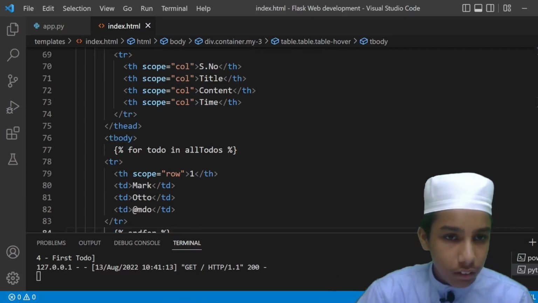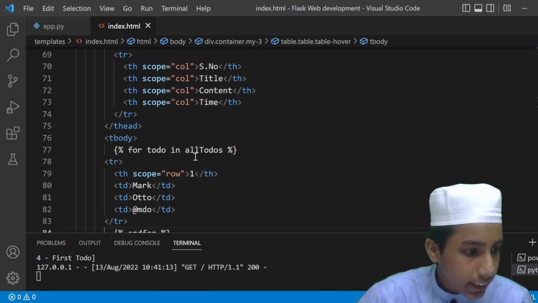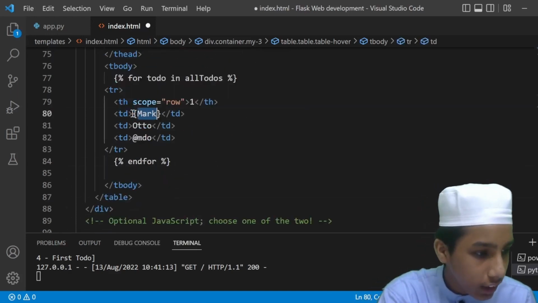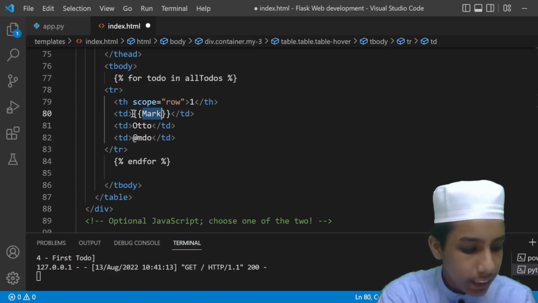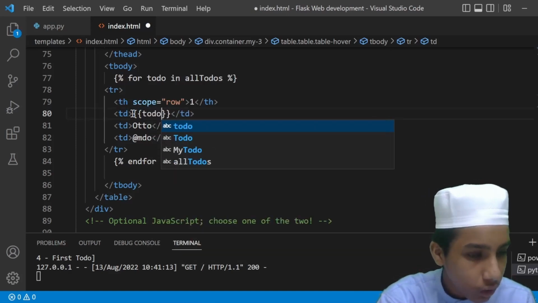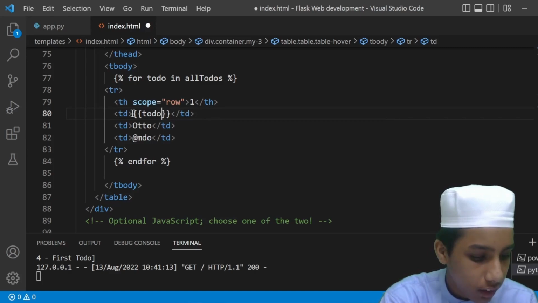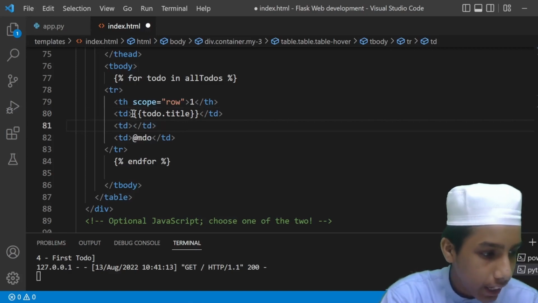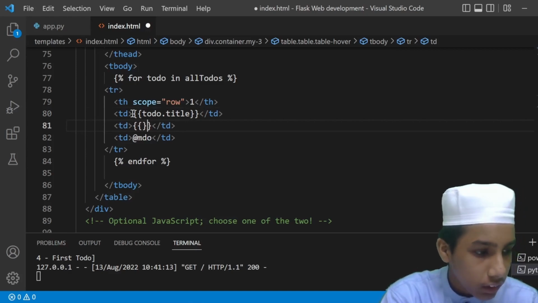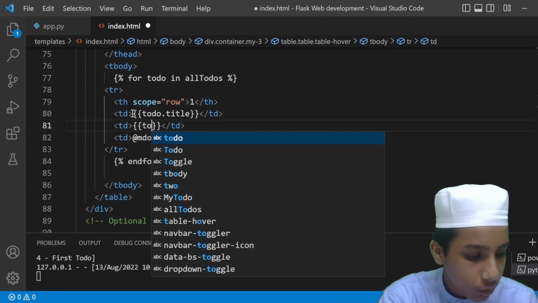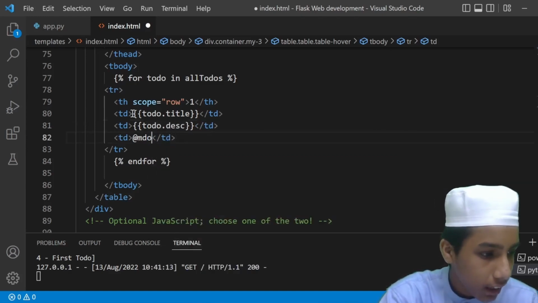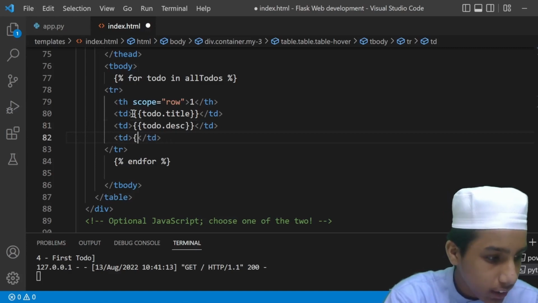Okay, so now instead of this mark, I'm going to remove this one and use the curly braces, and then instead of this I'm going to use todo, and then todo.title, and instead of this auto, I'm going to give todo.description, and I'm going to remove this two